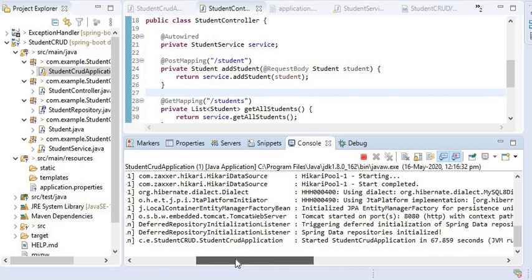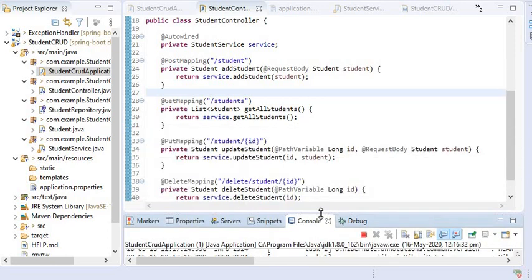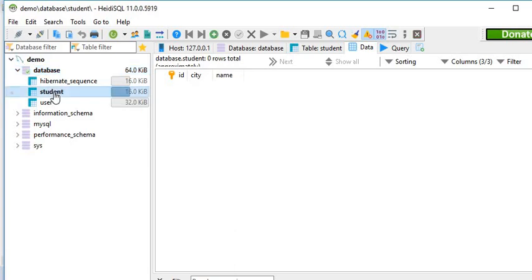Now my server has started, and we have created the 4 APIs. First one is to add the student. Now we can check whether the table is available. Here you can see the student table is created, and the ID, city, and name, 3 columns, are available.